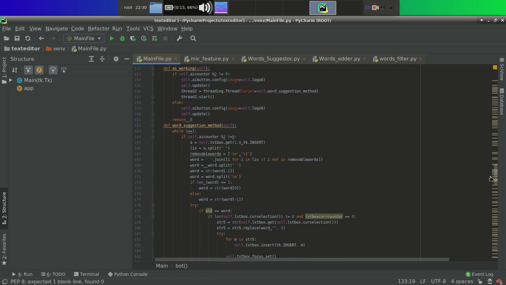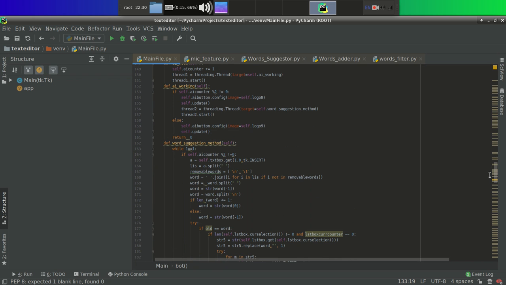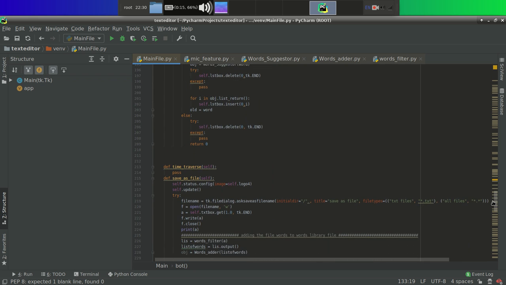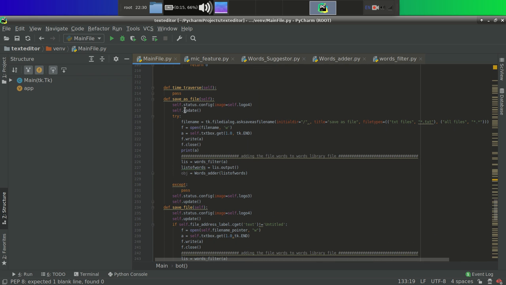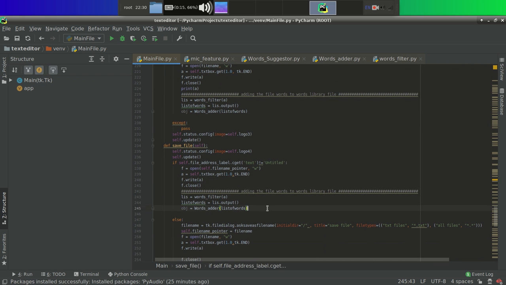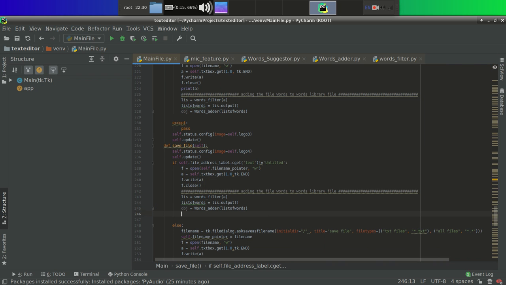So for doing that, let's search for the save as file button or save file button first. Yeah, this is the save as file button and this is the save file button. So great, we have found where we have reached the save file button.